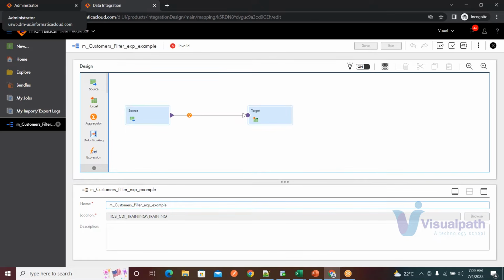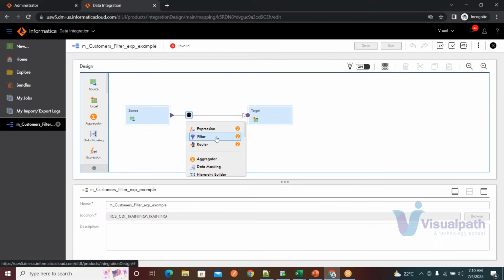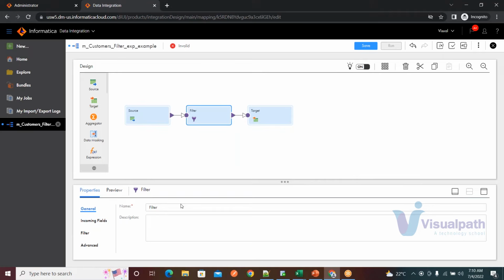It's metadata that says this is what is recommended for the next step. You click on the dotted lines here, you get expression, filter, and router. So you can use an expression here, or a filter, or a router. Let's say I click on filter transformation,